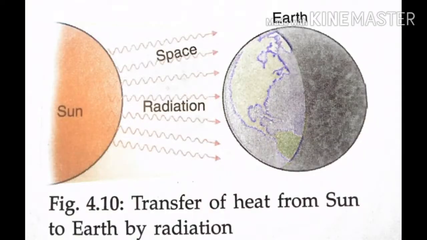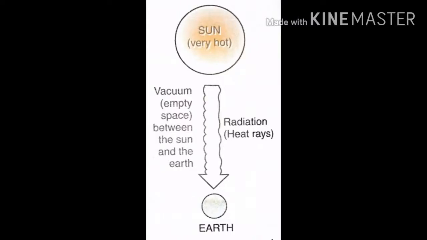In conduction and convection processes, we need a medium or substance whose molecules carry the heat from the hot to the cold region. So conduction and convection need a medium to carry heat from the hot to the cold region. In radiation process, the medium also gets heated. If we go out in the sun, we feel hot.